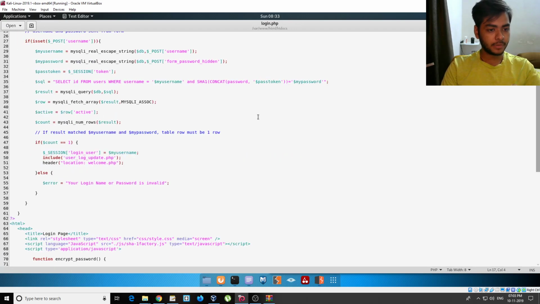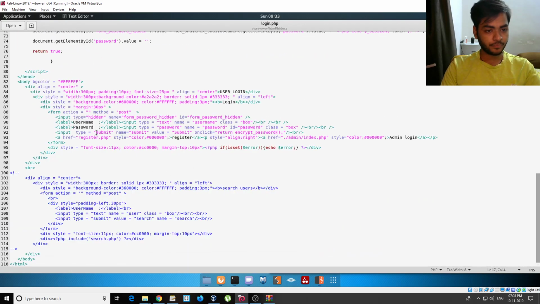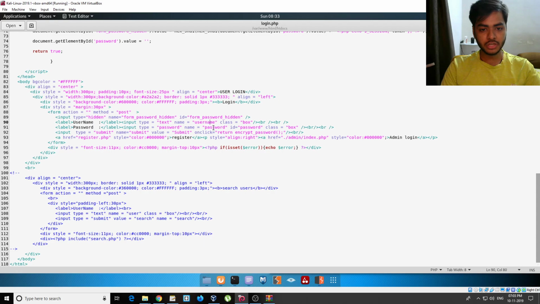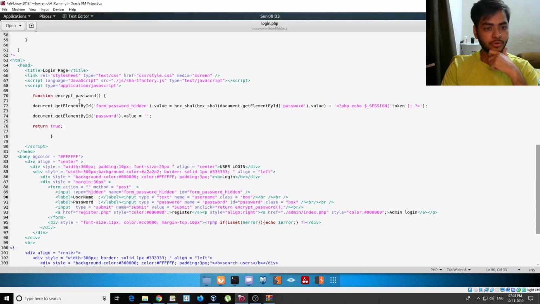So what is happening here is, on line 88 you can see there is a form which has username, password and submit, and one more field, password hidden. In this JavaScript you can see the document's password form hidden is being set equal to hex SHA-1, which means your password is getting SHA-1 hashed,